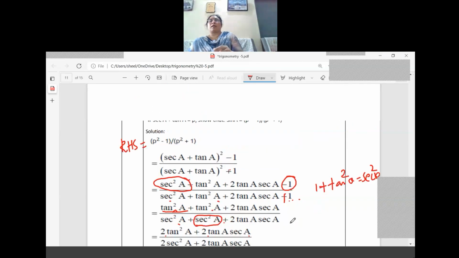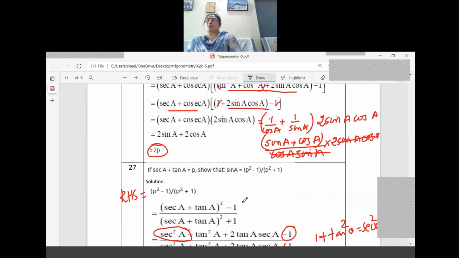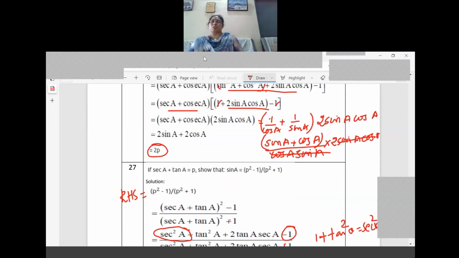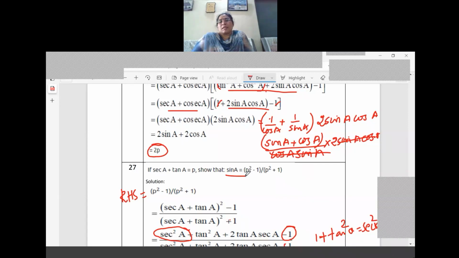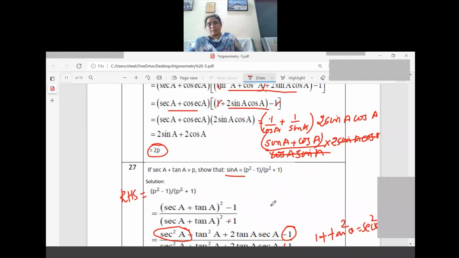See here, in this question many terms are there on the RHS, isn't it? p square minus 1 and p square plus 1 are there. So that we are using. Understood? If we start with sin A, we may not get anything. That is why we started with the RHS. It depends on the question only. That is why we are telling that it needs practice. I already showed in the beginning the formulas that you should learn by heart. Write every day. Don't leave a single day. If you write continuously every day, it will be helpful for the coming exams.